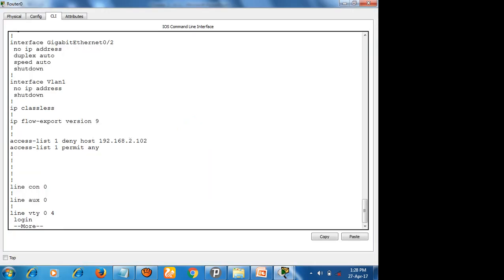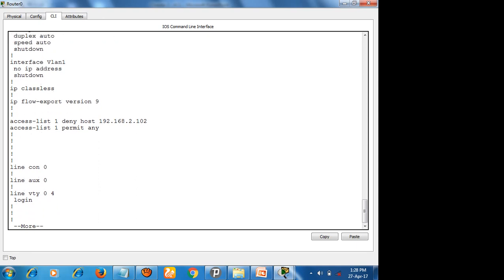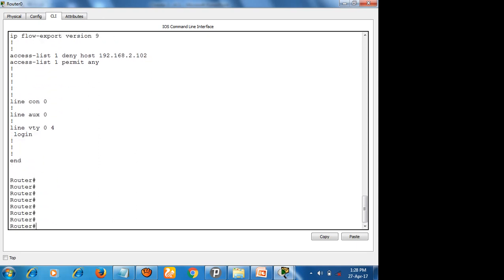So, how do we know that the interface is inbound or outbound? That is what I said. It depends on whether it is a standard ACL or an extended ACL. If you go for a standard ACL, you need to specify it only on the outbound interface, right? And one more thing, if you are specifying the source IP address, then it should be on the outbound interface.